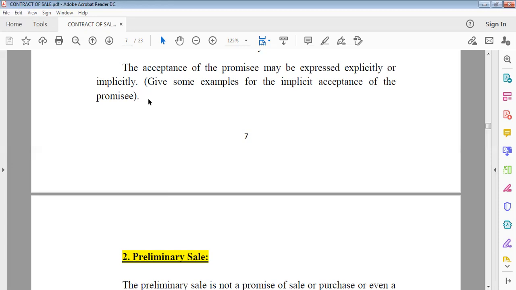Now the term of the promise is implicitly determined, which is the term of the lease contract, one month. Now when the month ends, but the lessee, the tenant, is still at the apartment,